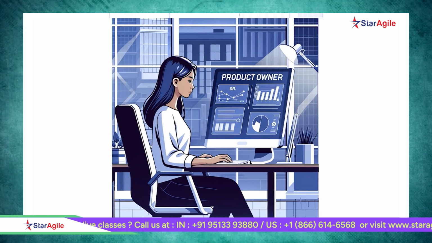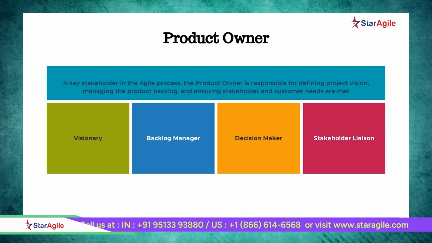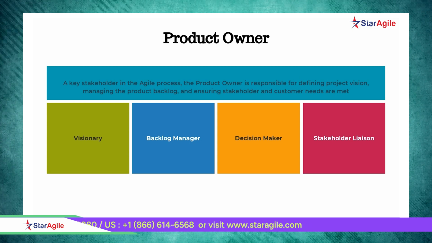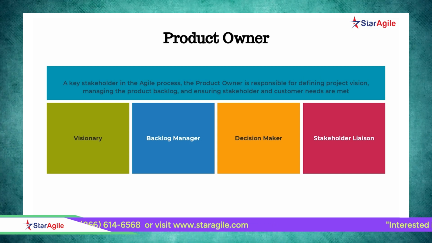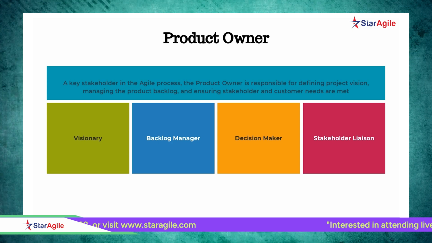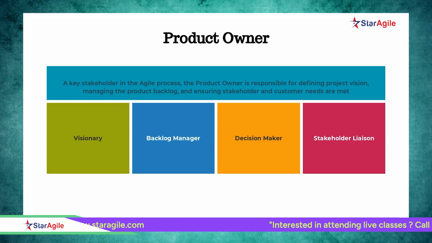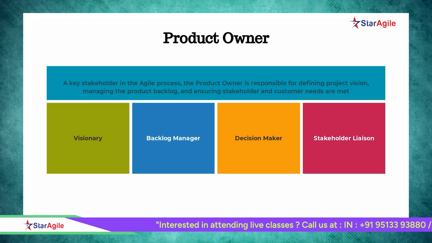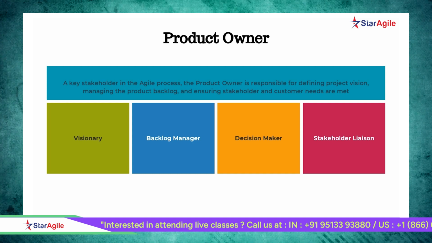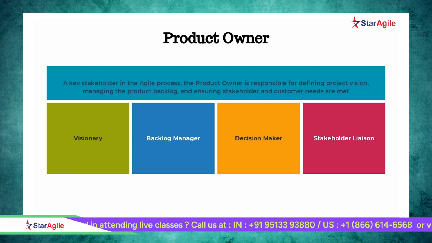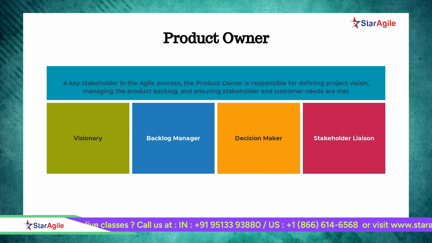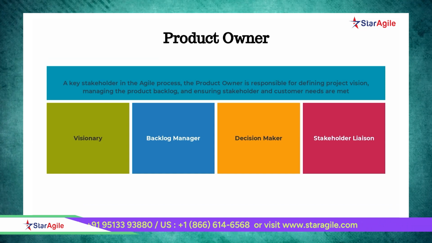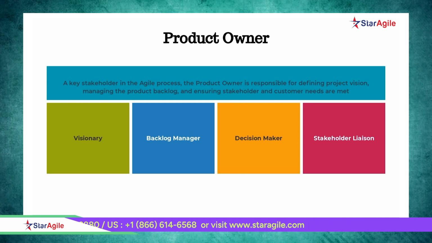As a visionary, the product owner plays a crucial role in defining the strategic direction and vision for the product. This includes setting the product vision and direction, understanding customer needs, preferences, and pain points of the target customers, defining product strategy based on the understanding of customer needs and market dynamics, creating the product roadmap that outlines the key initiatives, features, and milestones that will be delivered over time, inspiring and motivating the team by articulating